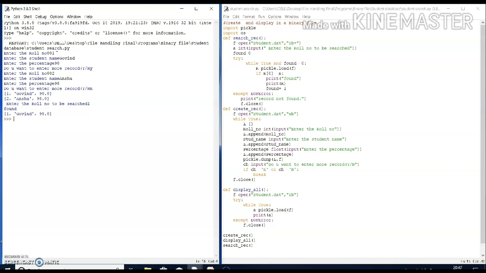You see the record is found. Now the record is displayed on the screen. This is all about how to search a specified field in the records.